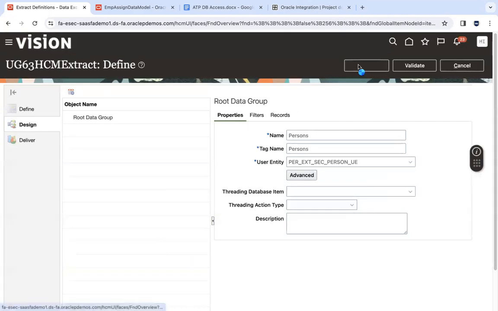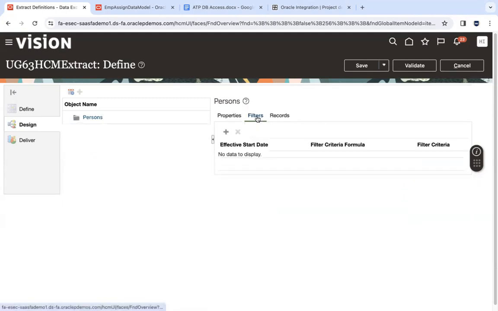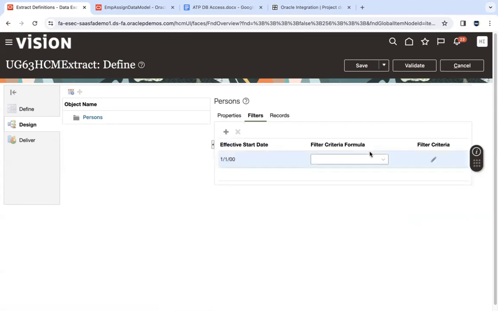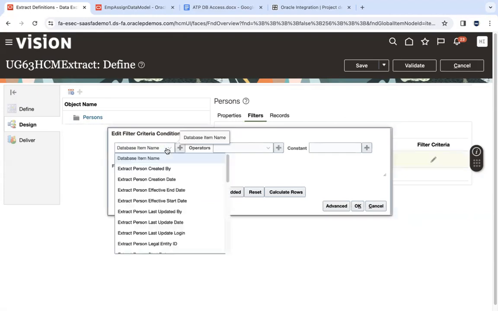And I just have to save this. And these threading options are related to incremental extract. And I need to go into filter, and in filter, I can add additional filters if I want. Say, for example, if I don't apply any filter condition, what would happen, guys? If I don't apply any filter, it would try to pull all the employee and assignments. So let me just apply a filter and say,